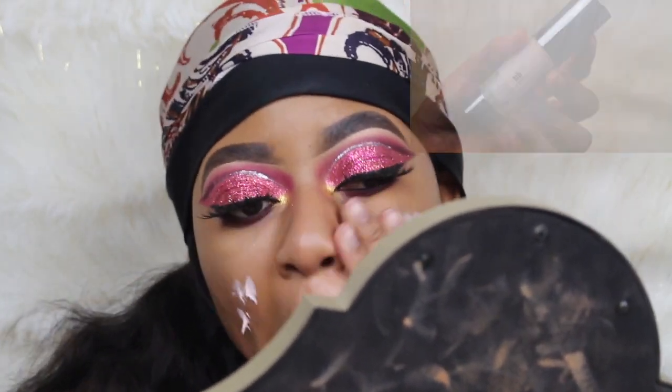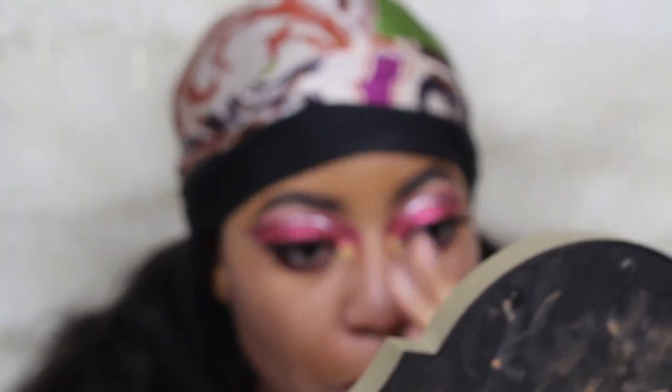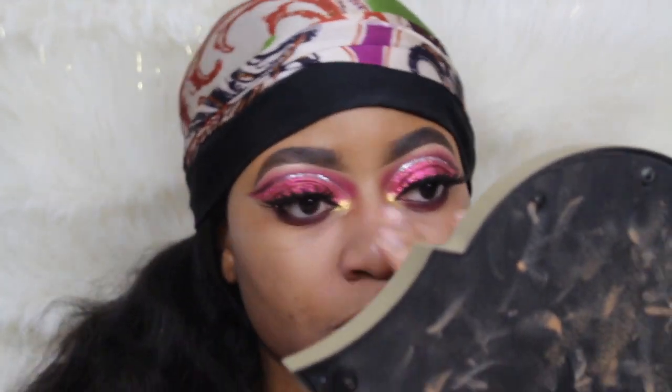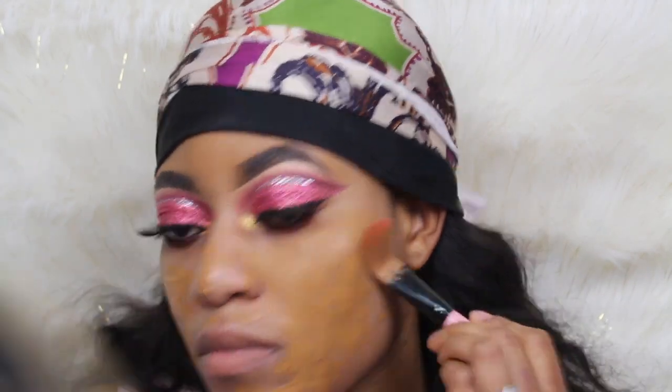But yeah, now I'm just going in with my primer. I put a bit too much. I don't know what happens to me when I keep putting too much, and it was expensive too. Well, I thought it was expensive because it's really tiny. But yeah, I'm just rubbing my primer into my skin, let it absorb and soak and get acquainted with my face. Now I'm using my L'Oreal foundation,